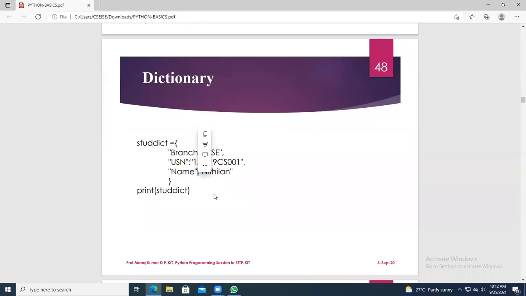Colon should be given if you are creating a dictionary, so key colon value. The values are given like this. Once the dictionary is created, you can print and see the contents. So this is the first method of creating a dictionary, directly by assigning the values.